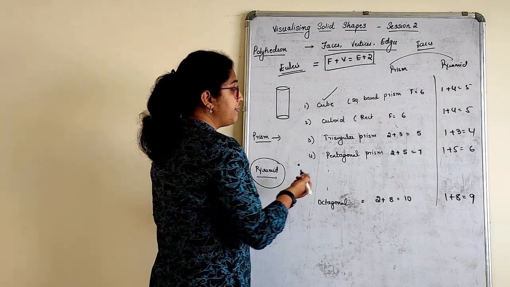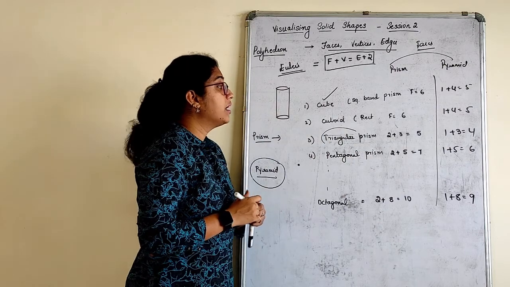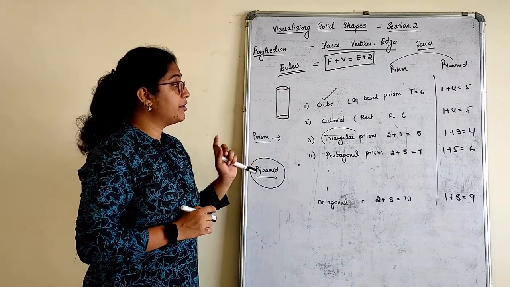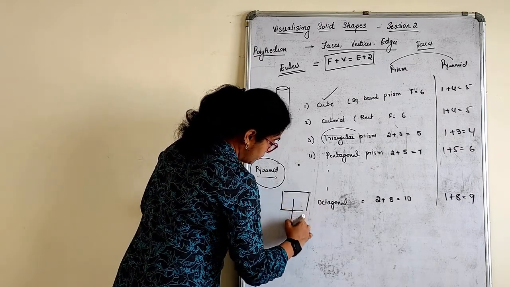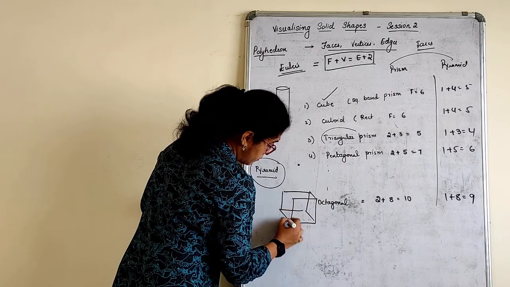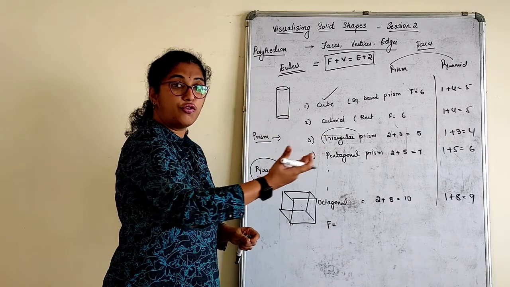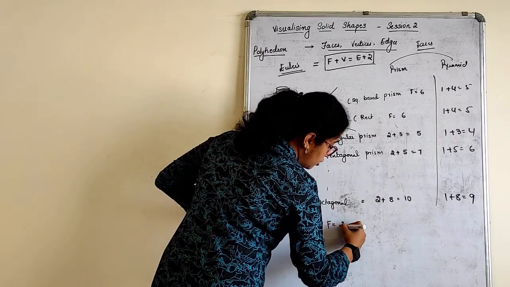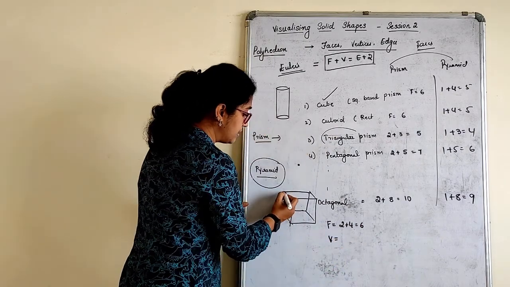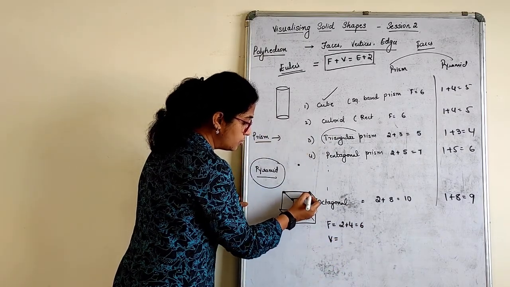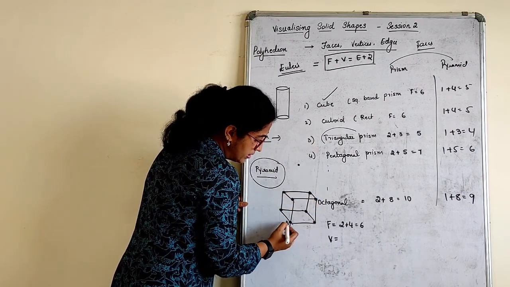Now for example, if I have to talk about a prism, let me talk about a cuboid. How do we identify the number of faces, vertices and edges? Okay, since it's a cuboid, how many faces, children? We have already done: 4, 5, 6. So this is 2 plus 4 is equal to 6. Vertices are nothing but these: 1, 2, 3, 4, 5, 6, 7, 8.